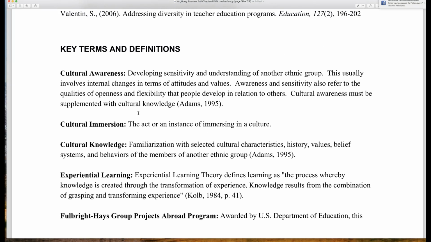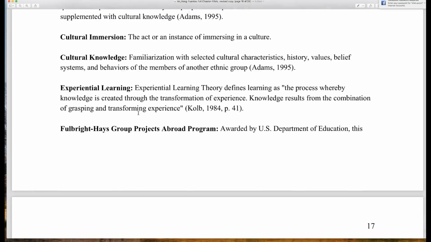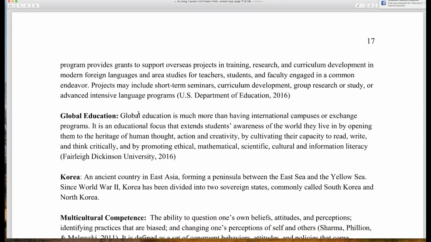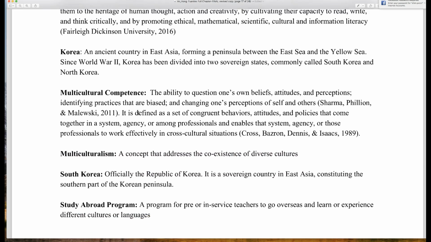And again, a difference here. Here are their key terms and definitions. Some of the definitions here, you may think, oh, it's just obvious what this definition is, but you want to make sure that what you're measuring in your study, people who are reading the study understand it the same way you do. So when you come up with your research questions, you're going to define some of your terms